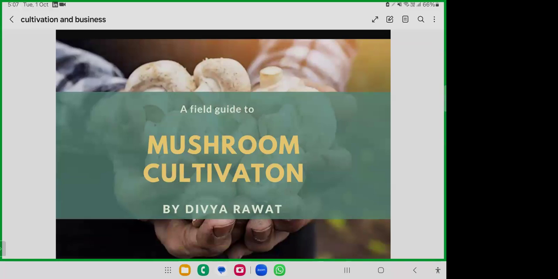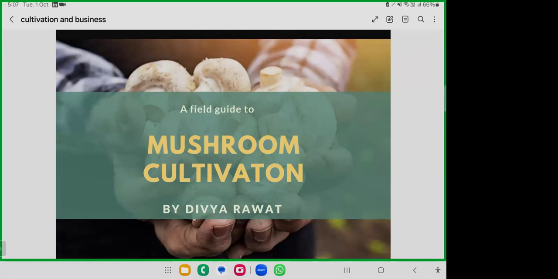Please proceed. The other cultivation is controlled condition, where we maintain one specific temperature around the year as per the mushroom. Like we maintain 16 to 20 degrees Celsius for button mushroom, so we cultivate button mushroom around the year. Same for shiitake, we maintain 20 to 25 degrees Celsius. Through machines like air handling units and other machinery, we maintain one specific temperature around the year for mushroom cultivation. So there are two parameters you can select for the mushroom business.